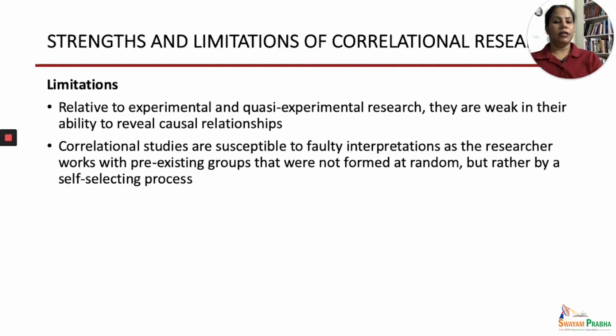So we cannot say that one particular variable is occurring because of the other variable, because whatever groups we are taking, they have their pre-existing conditions, and we are not taking them into the group at random. As we are not selecting them randomly, we cannot say that a particular variable is causing another variable,